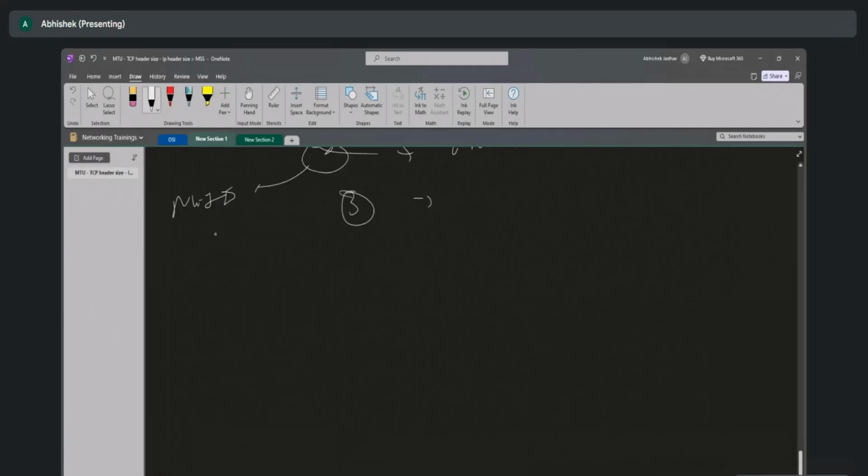Now we go to class B, right? So in class B, there are two network bits and two host bits. Simple, right? Now here each octet is of 8 bits, right? So overall, how many networks will come here now? 2 to the power of 8 plus 8, 16,